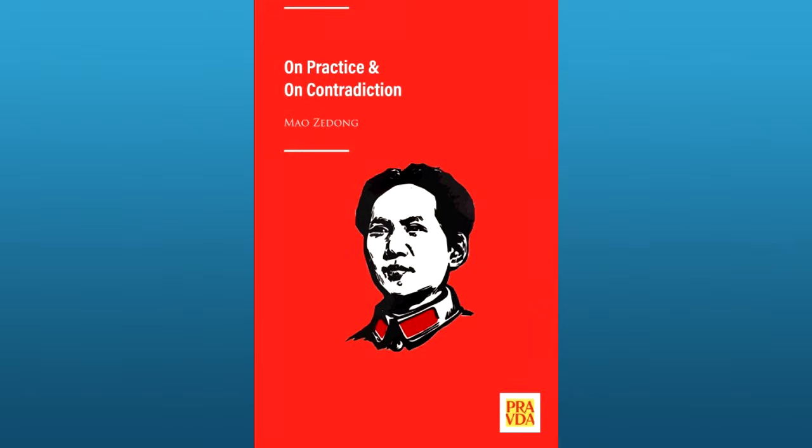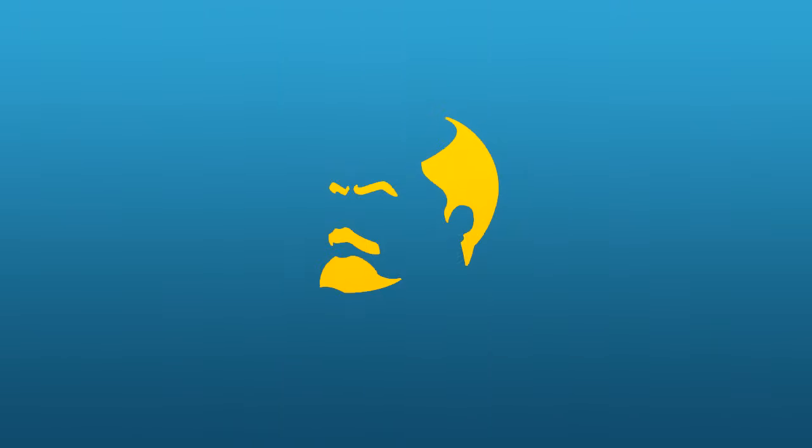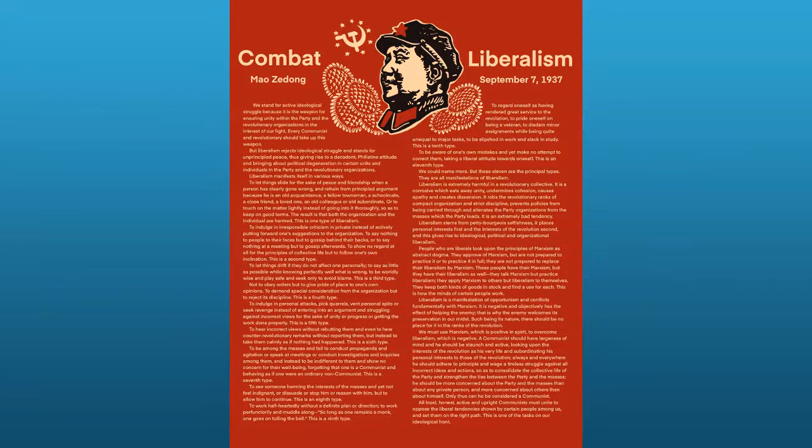On Contradiction, on the other hand, is a discussion of, well, contradictions. What is a contradiction, their forms, antagonism of contradictions and how they interact, and the relevance of contradictions not only to the material world, but also to the class struggle. Mao builds on this essay with another titled On the Correct Handling of Contradictions Among the People, which I also highly recommend you read. Other than that, there are 2 very quick essays to read, which include Oppose Book Worship